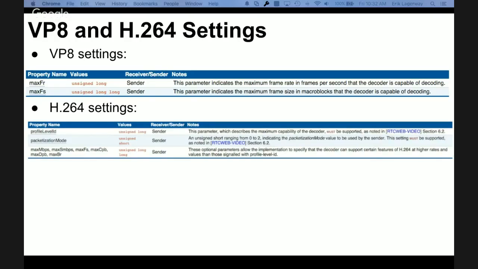As you said, part of the issue is that H.264 doesn't have a MaxFR; it only has MaxFS. So if you were only using codec stuff, how would you control the maximum frame rate? In H.264, you can't. Or if you had a codec that doesn't have anything like that, like motion JPEG, what do you do then? So it becomes a hodgepodge of stuff. There are codec-specific things like H.264 profile level ID, but there are others that are probably more generalized.